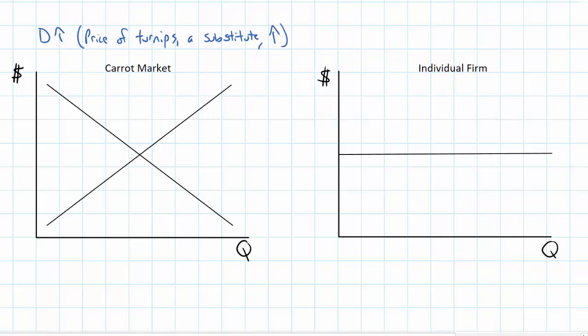Okay, in this video, we're going to talk about perfect competition and how we go from the short run to the long run when you have a change in demand for the good in this market. Before I get into this, I'm going to label and set up my perfectly competitive market that's in a long run equilibrium. From there, we'll put in the change in demand, and then we're going to have either short run losses or short run profits,